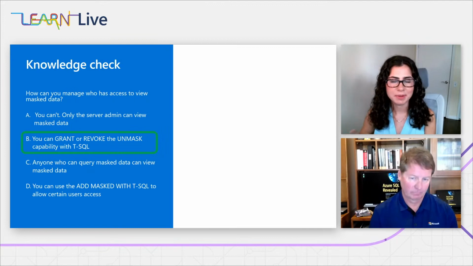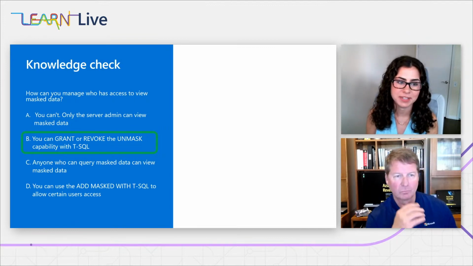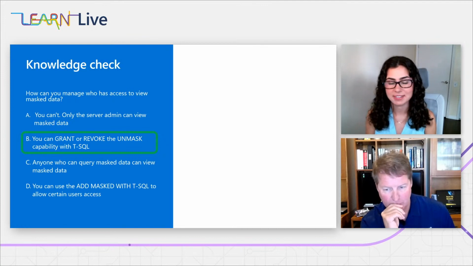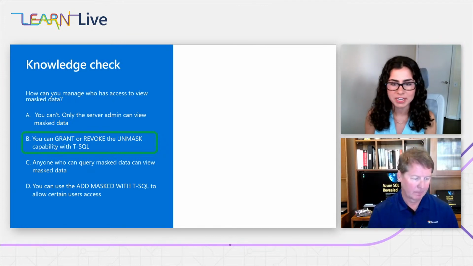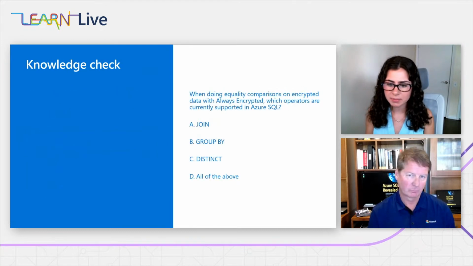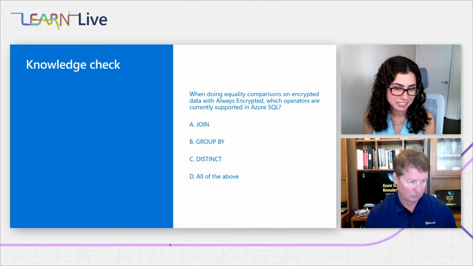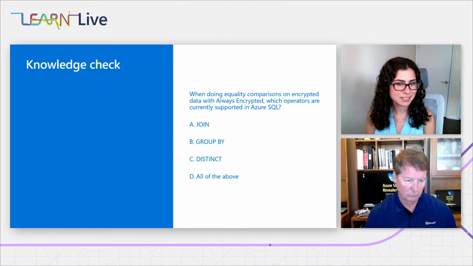Yes, so it seems like some people got a little tricked about what the question was asking, but add masked with is how you can create the mask, like you said, not how you can manage who gets to see what the mask data is. So it looks like about 85% of you got that. Well done. Now we have a question about always encrypted, which Bob threw in a little tip about before